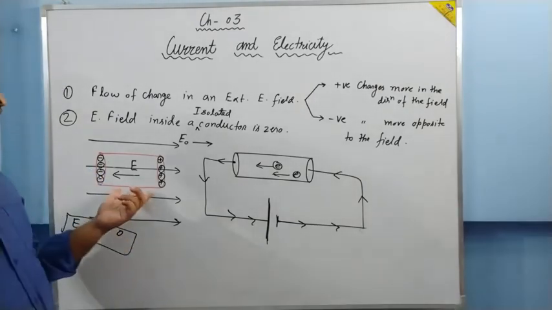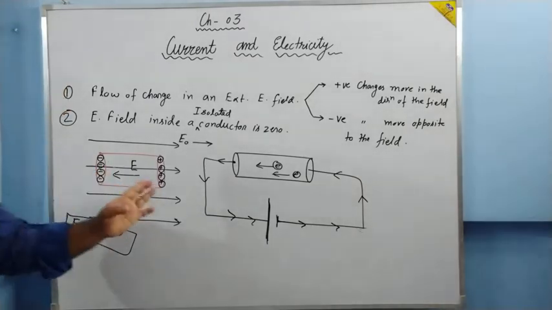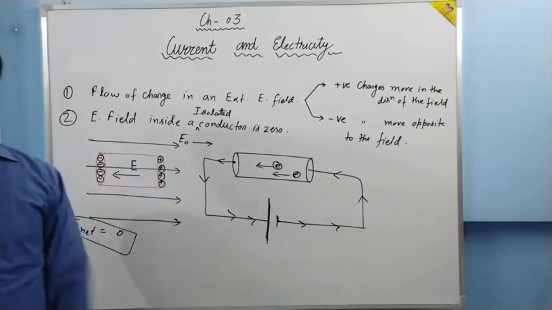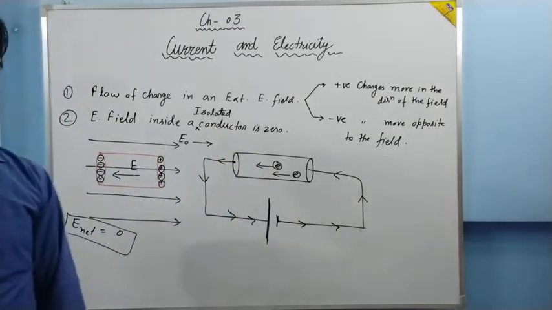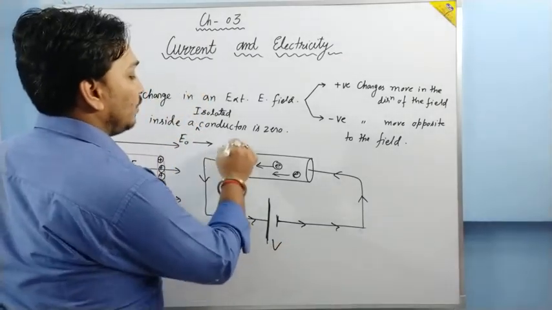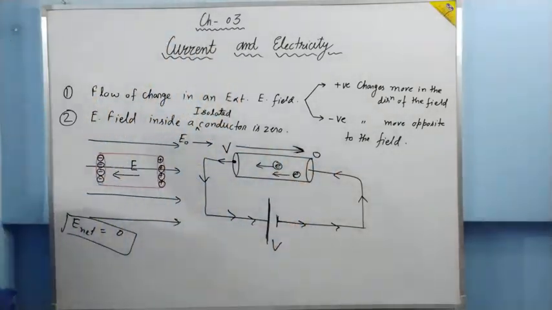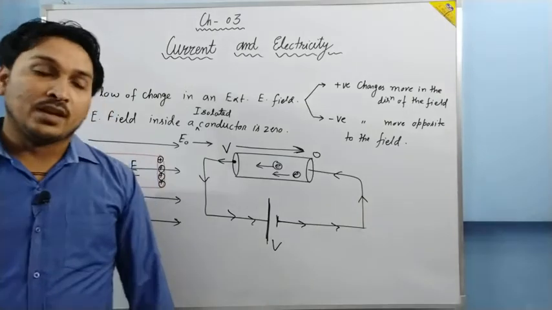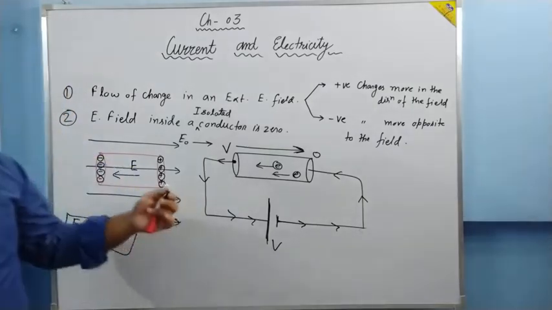Is it clear? If this conductor is kept like this, within a fraction of time charges get accumulated and the net electric field inside the conductor becomes 0. Here is the net electric field inside the conductor 0? No, not at all. Here we have maintained that electric field by applying a cell. If this cell has a potential V, then at this point it is V, at this point it is 0. So in this direction the potential decreases. Obviously the direction of electric field will be in this direction and electrons are moving opposite to the electric field.